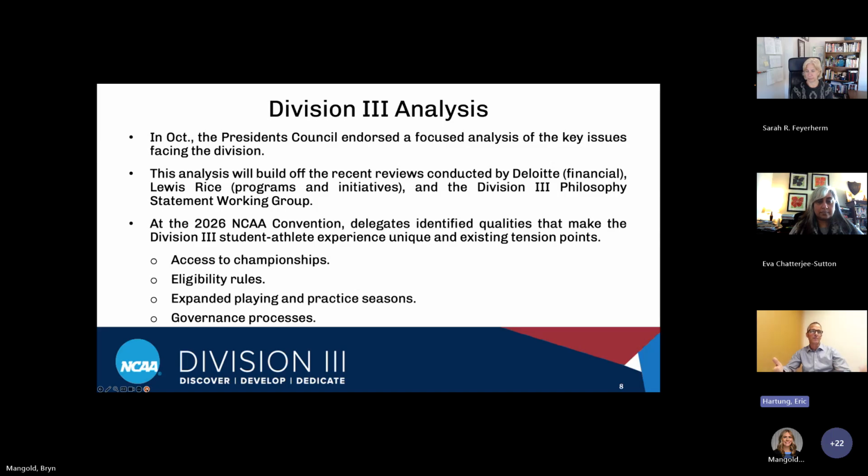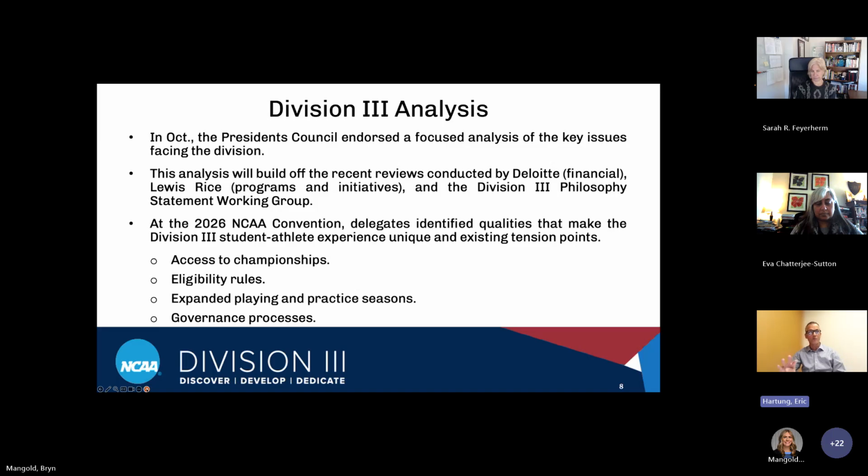This model was set up to provide flexibility for institutions, and some now believe that we might need some guardrails here. We might need some reining in order to bring better balance to the Division III student athlete